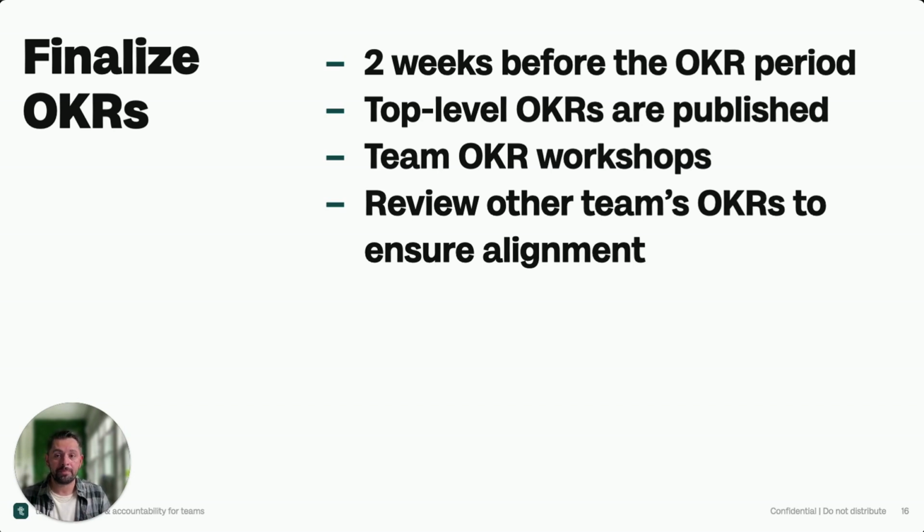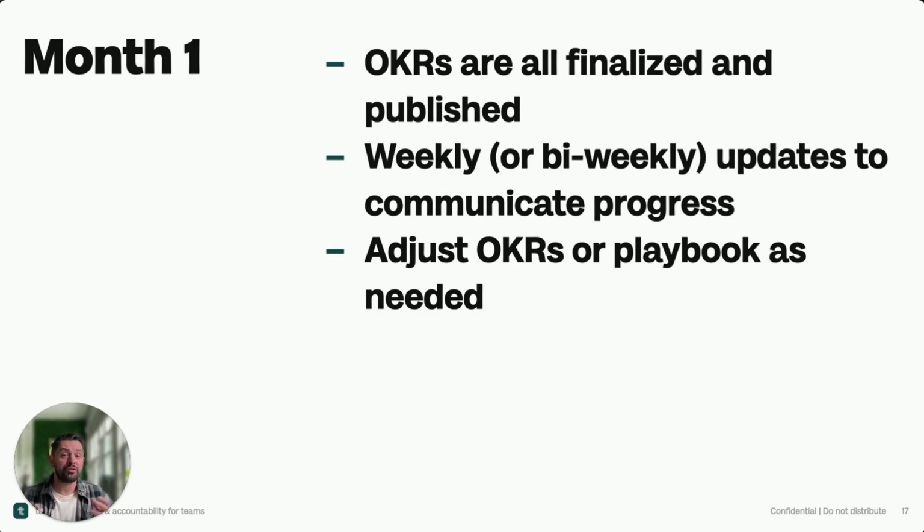Once we hit the point where we've got all of our OKRs finalized, we launch into then our big OKR cycle. And this also has its own individual pieces depending on where we are in the OKR cycle. It's not just, hey, all right, cool, everyone go off and do your best. We want to have a little bit more guidelines than that as well. So in your first month of the OKR cycle, we've published our goals, teams are ready to go. We should be getting those updates that communicate the progress about these goals to everybody. If we're just saying, hey, go work on these goals and we're going to hope that everything's going well and I'll check in with you at the end of the quarter, we're doomed to fail.